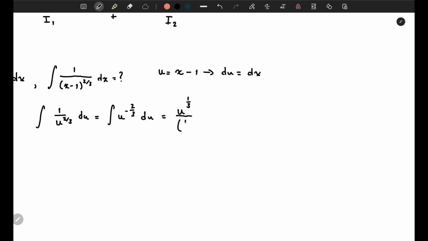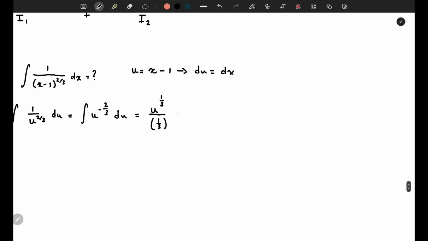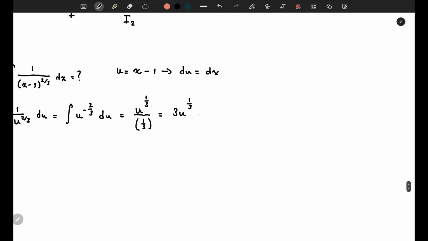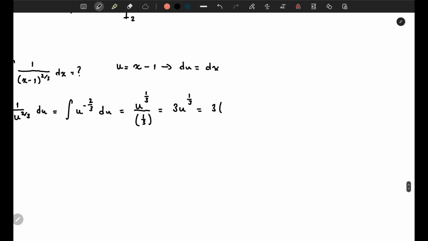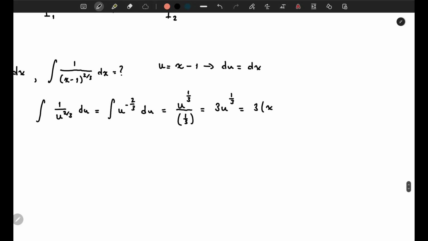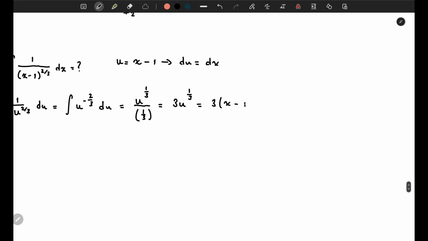And it is over 1 over 3, and so technically we can rewrite that as 3u^(1/3), and so that means 3 times u, which was x minus 1